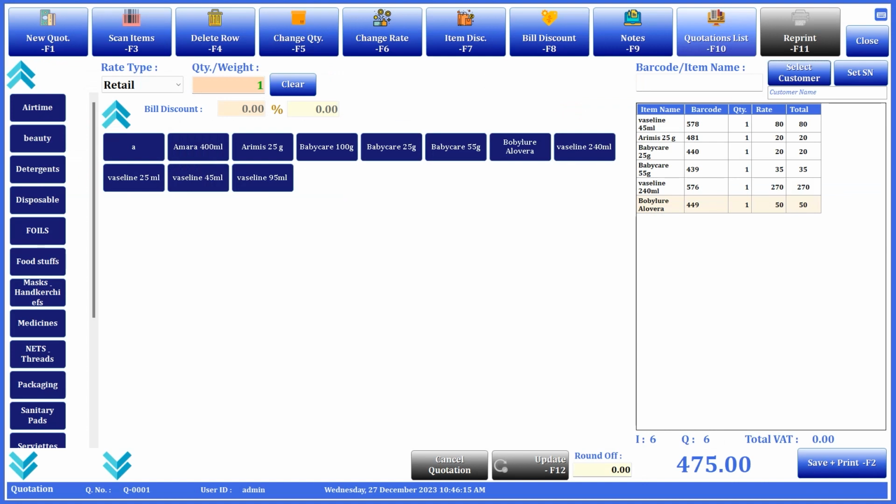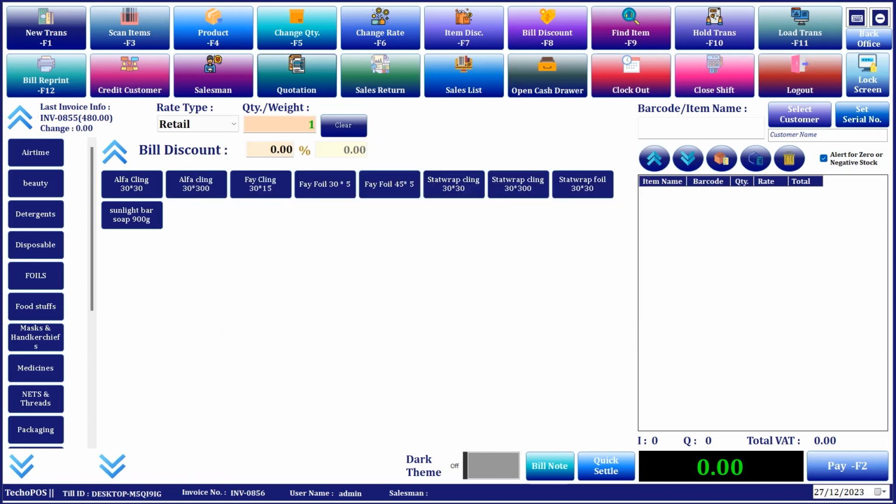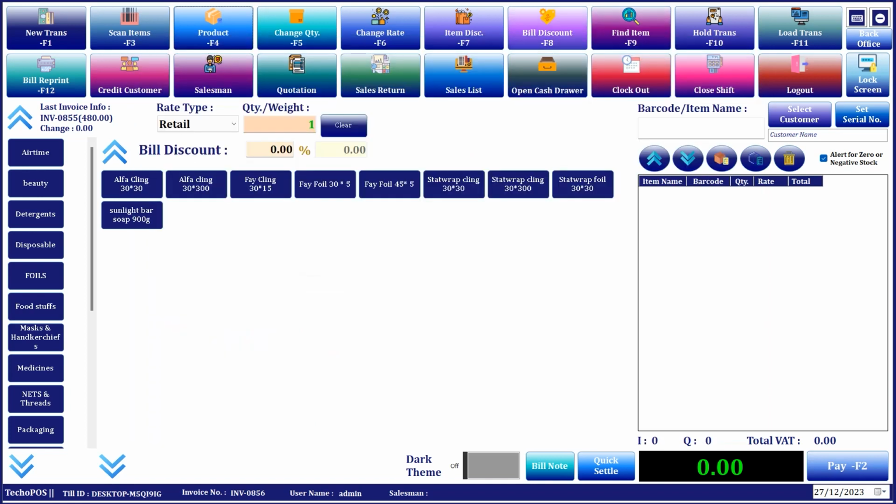Then when you have done your quotations, you can go to quotation list, select the quotation, and then it will populate here just as an invoice. You can also do product entries from here using that product entry button. This is for adding a new item that is not existing in the database into the system. We will also see that in the back office in detail. So for now I'll have to go to back office. So instead of logging out, I'll have to go to back office